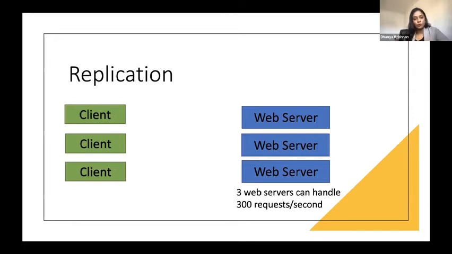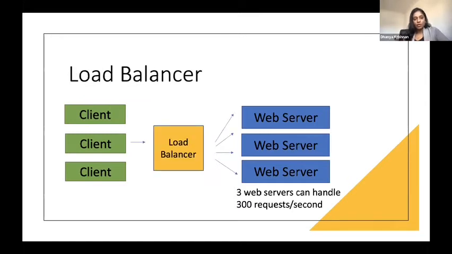Okay, we have a lot of clients. We have decided to improve the number of web servers by using replication. But now, how can the clients identify which web server to contact? Because now there are many instances of the web servers. Here we come to another important concept, load balancing. Like the English term suggests, a load balancer is a component that balances the load, so it distributes the load to the different web servers. Different clients can send requests, the load balancer picks them up and distributes the load evenly to the web servers. Now, when I say distribute the load, how does the load balancer do this?